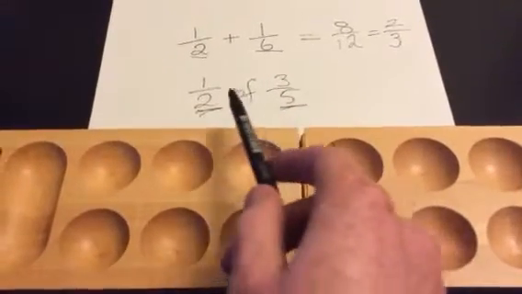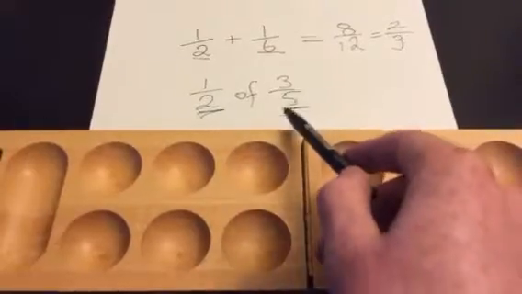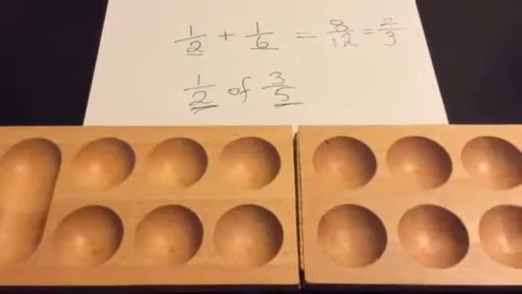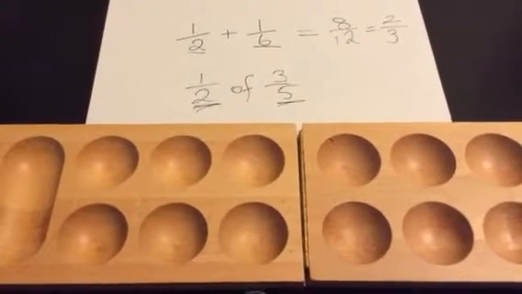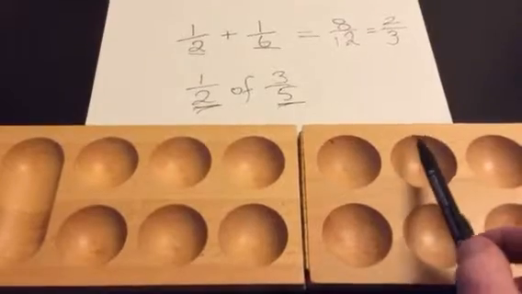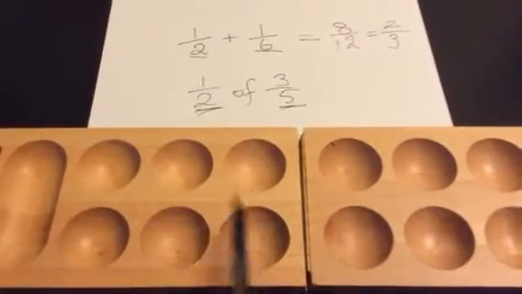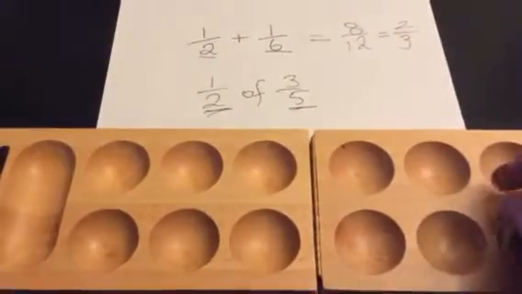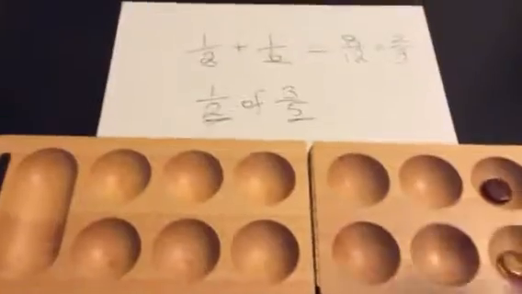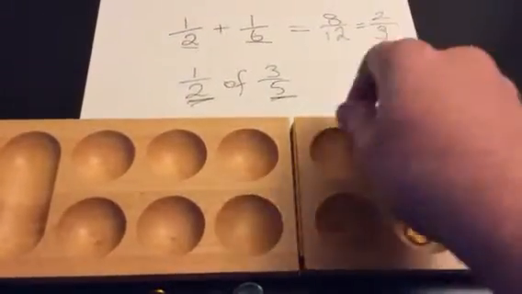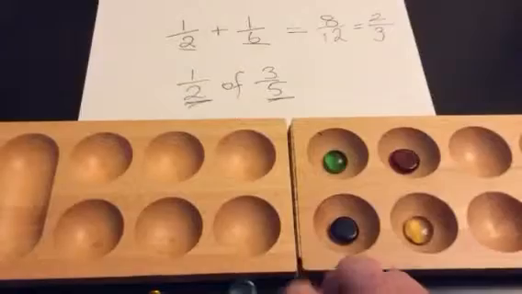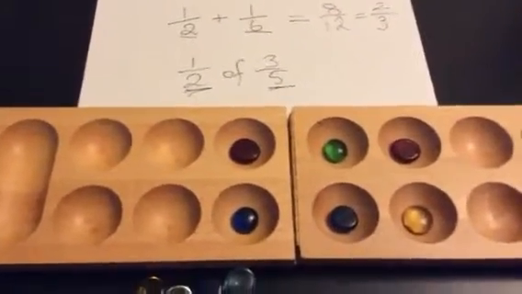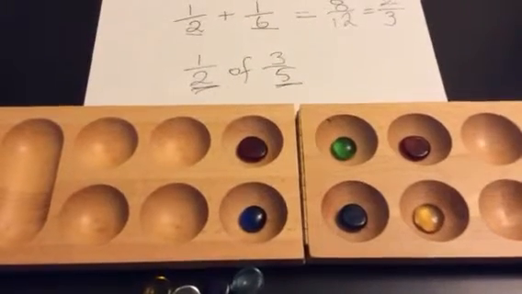So let's see what we're asked. We're asked a half of something. So let's find what this something is, and then we'll get a half of it. So we have 3/5. So let's represent 3/5 using our model. We can see that our columns are going to be 1, 2, 3, 4, 5. So 3/5 is going to be represented. There's 1/5. Oops, put them in the wrong pot. 1/5, 2/5, and 3/5. So we now have 3/5 represented on our model here, and we want to get a half